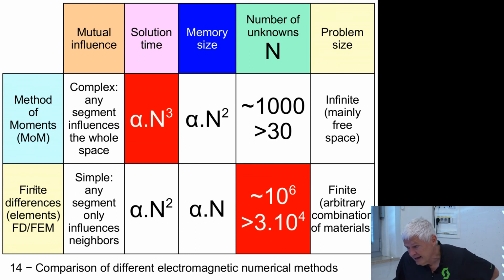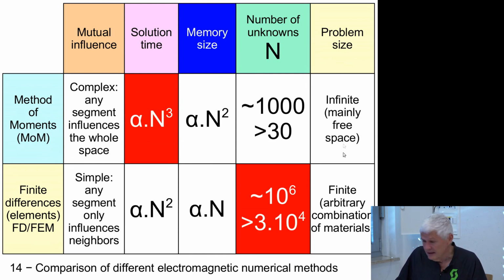So it seems that the finite elements have an advantage over the method of moments because there are fewer calculations to do. But on the other side, the number of unknowns is much larger. We can simulate quite a complicated antenna with just 1,000 segments in the method of moments. Well, this becomes 1 million in the finite elements. So here we have a really large number of unknowns, and